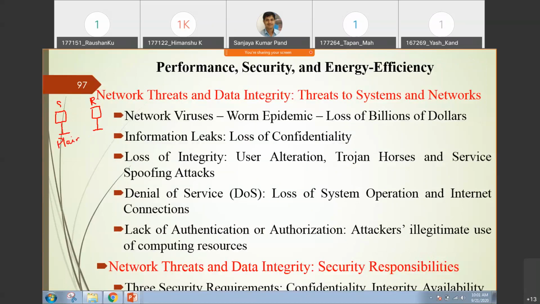To convert the plain text into ciphertext before sending the message over the transmission medium, the sender will use a key. So here we use one key. Once the ciphertext is received, the receiver does the reverse process. It will use the same key to convert the ciphertext back into plain text.